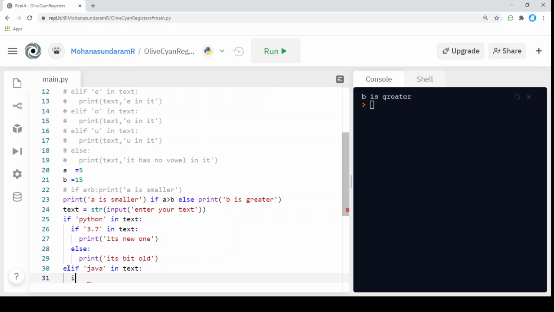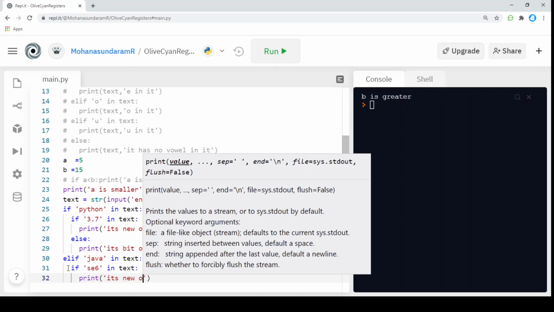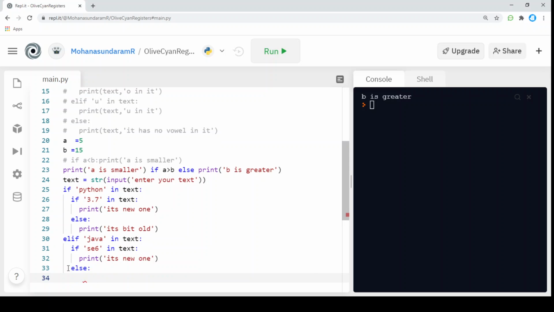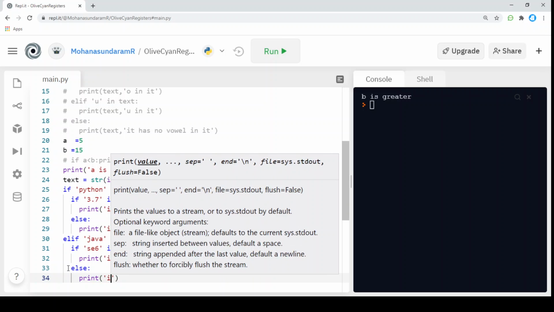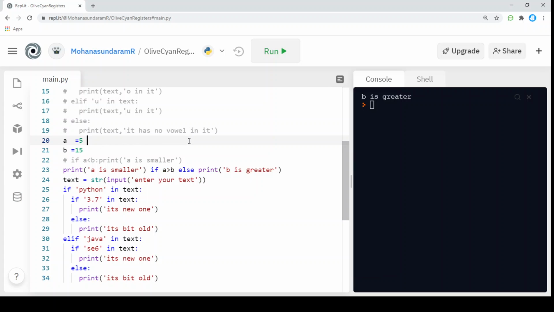If it has Java in it, I'm going to pass another statement inside it: if ES6 in text, print as usual "it's a new one", else "it's a bit old".